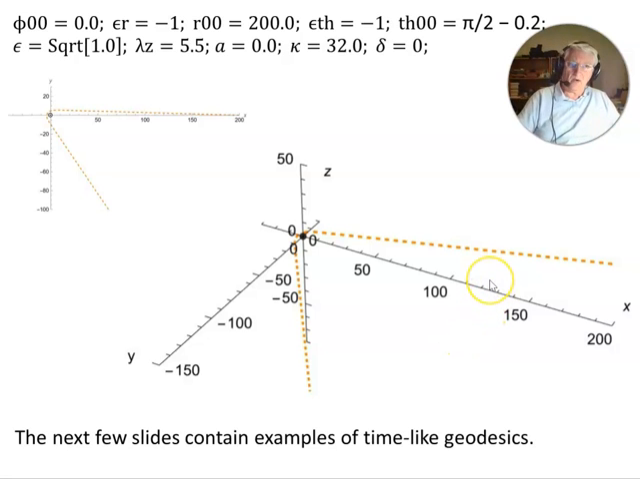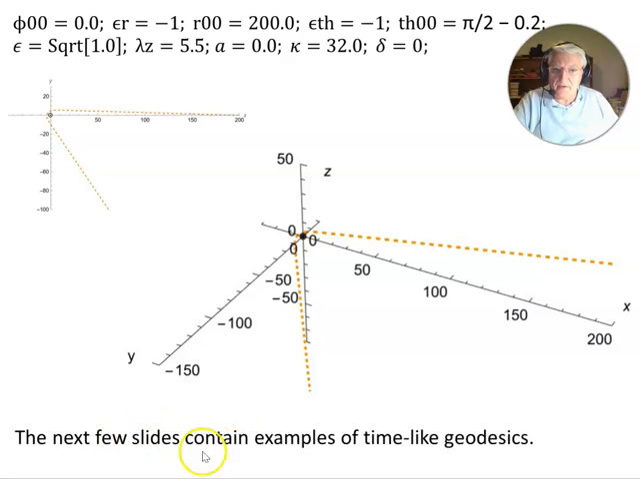What you won't get, though, are bound orbits, because in the Schwarzschild geometry, there is only one unstable bound orbit, and that's at 1.5 Schwarzschild radii. That's an unstable orbit, and it's the only circular orbit and the only bound orbit you'll get. You won't get bound orbits like you do with massive particles. Okay, so